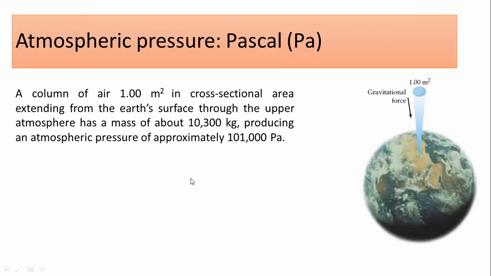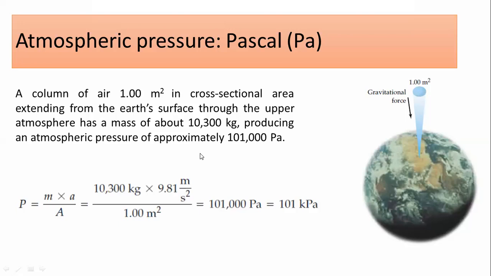So again, to make it easier, I am going to derive this kilopascal unit by using the same formula. Pressure is equal to mass into acceleration divided by the area. So this is the mass in kilogram, 10,300 kilogram, multiplied by the acceleration, that is the same, due to gravity, 9.81 meter per second square. And the area from the Earth is 1.00 meter square, and when you solve this one